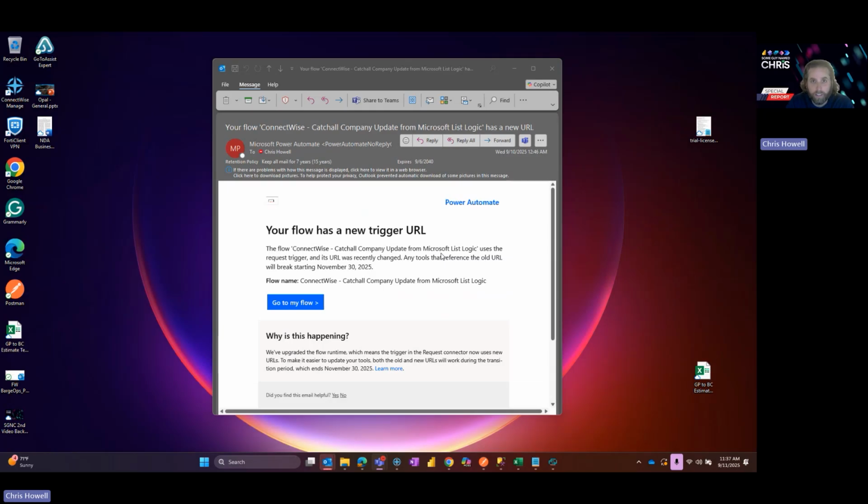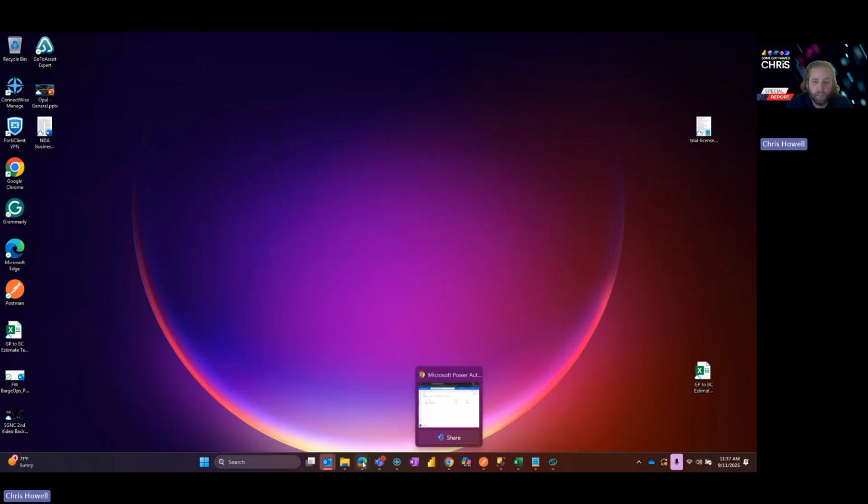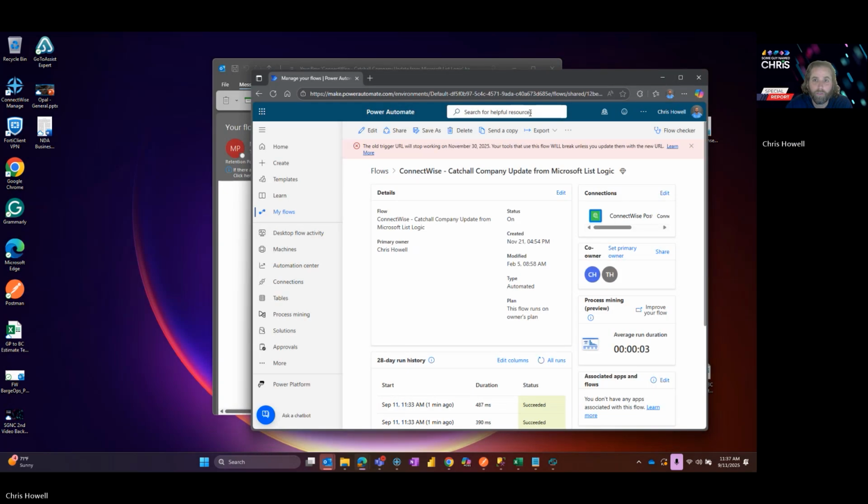What it means is that for a webhook or a callback that ConnectWise has, which sends information to a specific URL inside of Power Automate, that URL is changing. So what we can look at is this